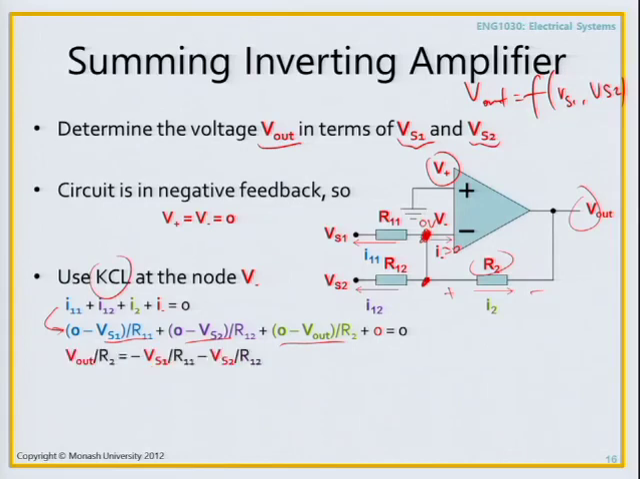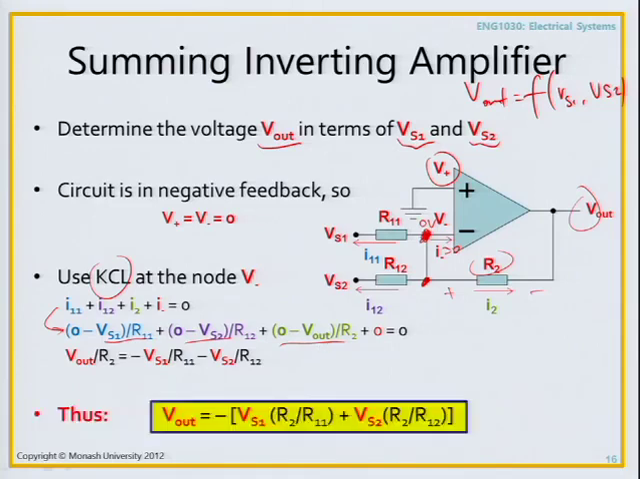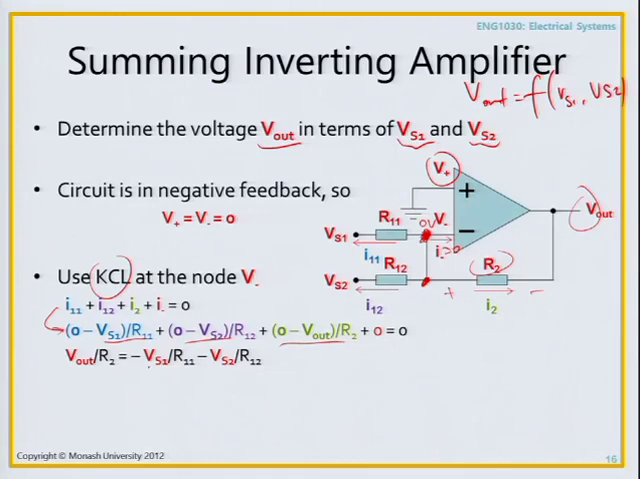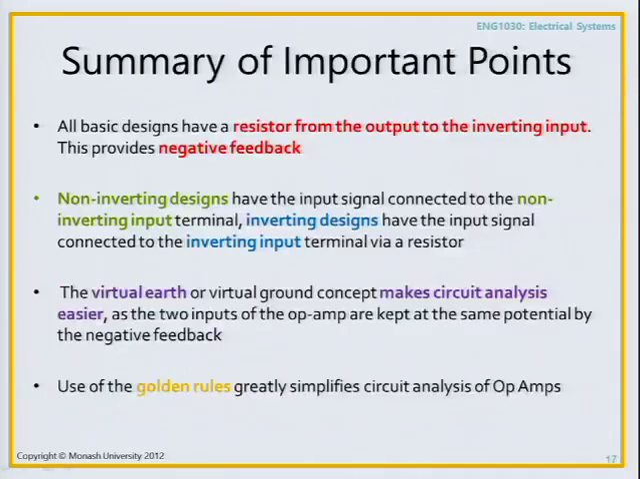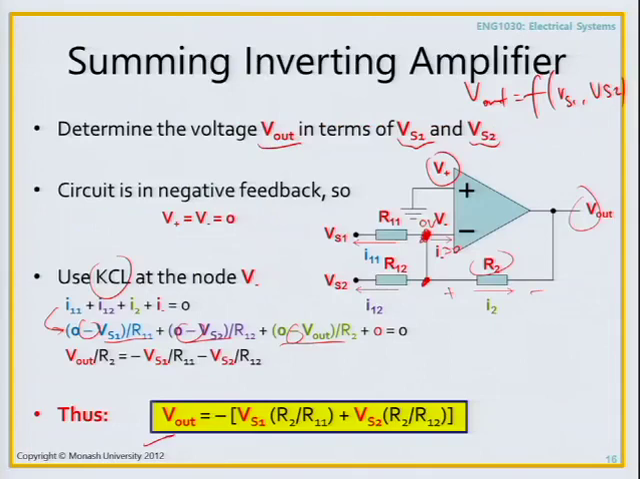So, we can simplify this. I've collected up V out on the left, and VS1 and VS2 on the right, making sure that I've kept the signs consistent. Okay? And thus, the output voltage here, the relationship between the output voltage in terms of VS1 and VS2, the two input voltages, is given by this,